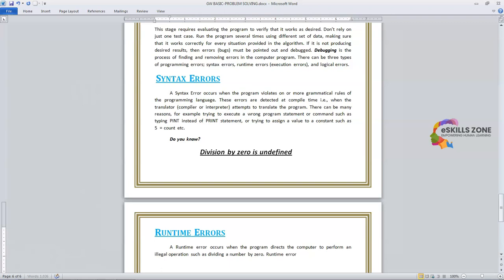Runtime errors are detected and displayed by the computer during the